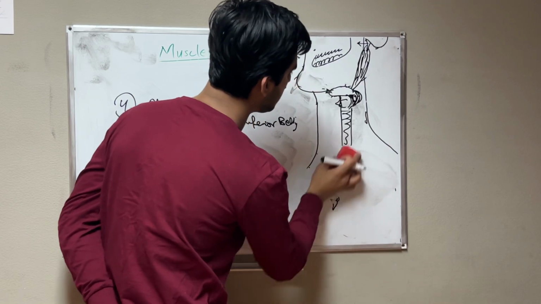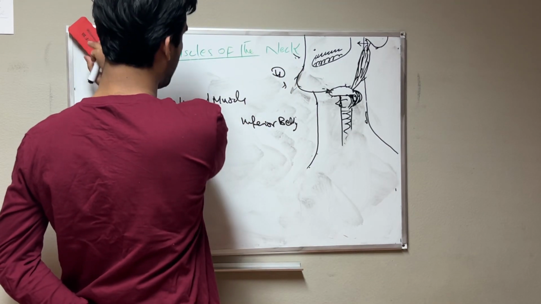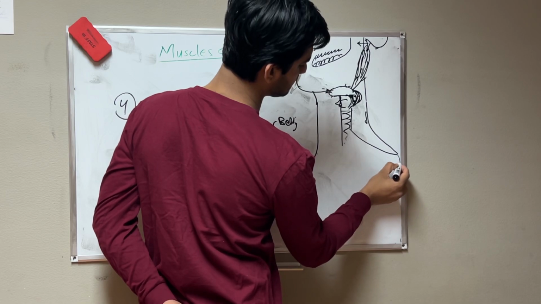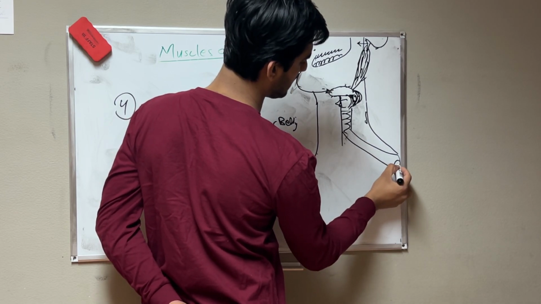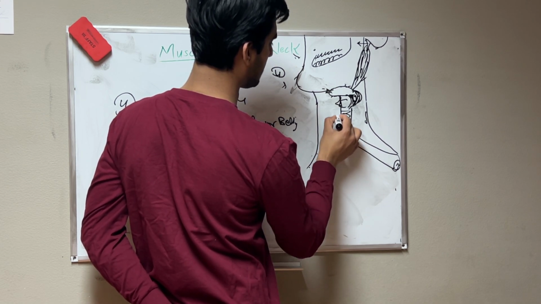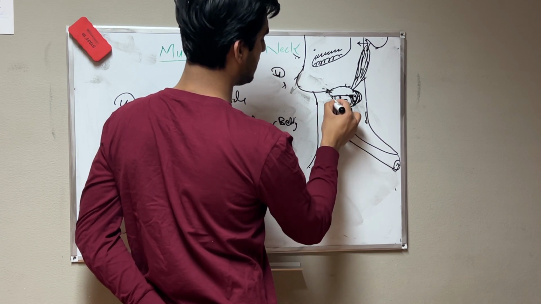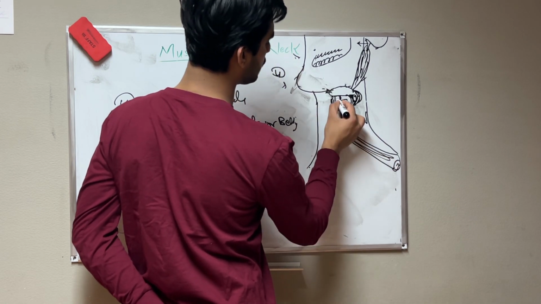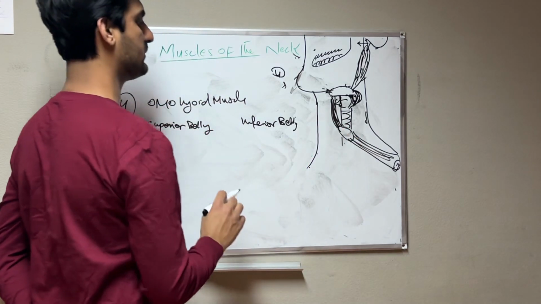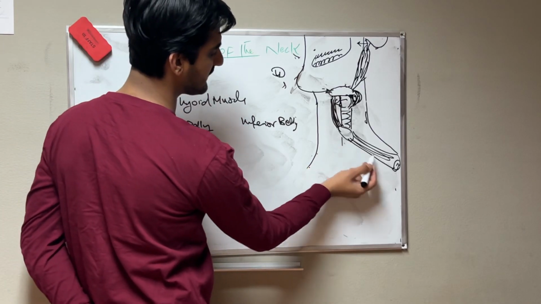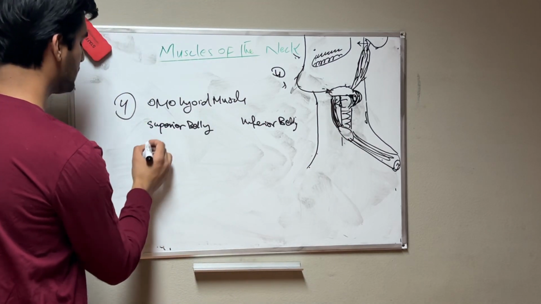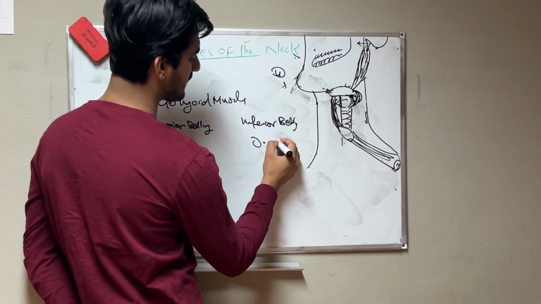This is the trachea which I mentioned, and the muscle is the omohyoid muscle. Here is the inferior belly, near the scapula. Here is the tendinous part, and this is the hyoid bone, and this is the superior belly. These two bellies are connected by a tendinous part between them. Of the omohyoid muscle, the inferior belly originates from the scapula